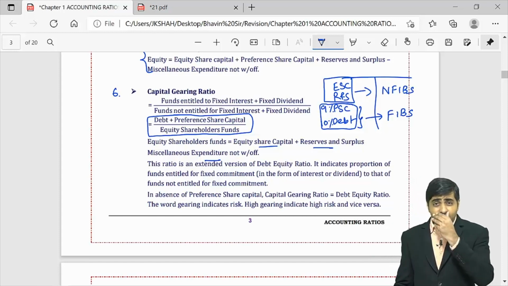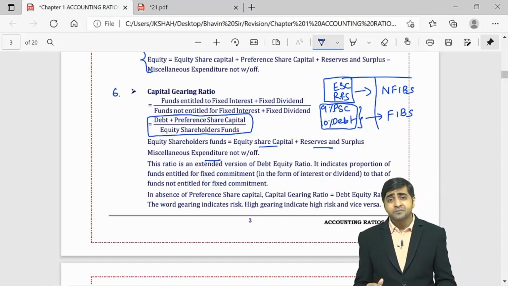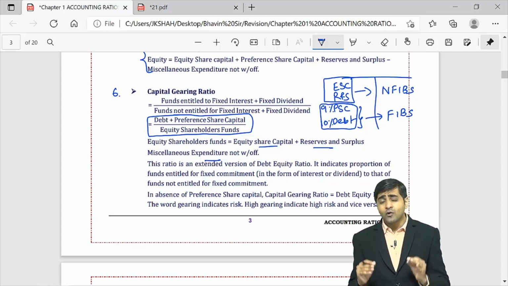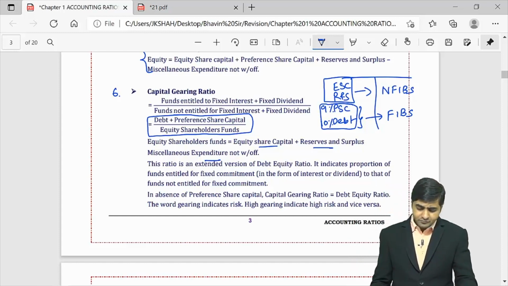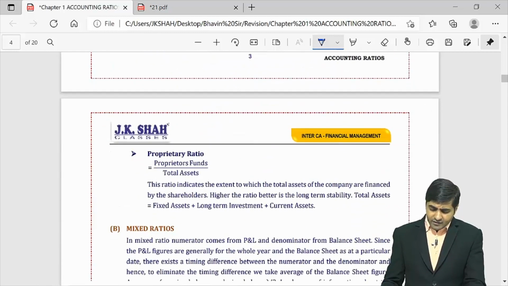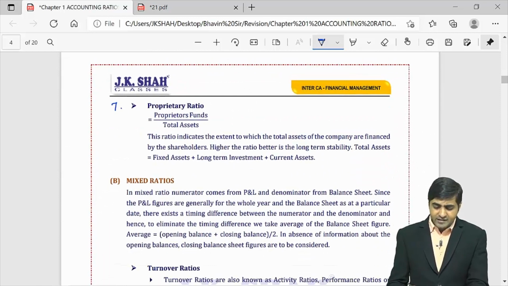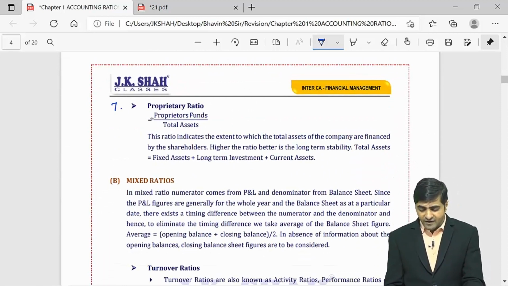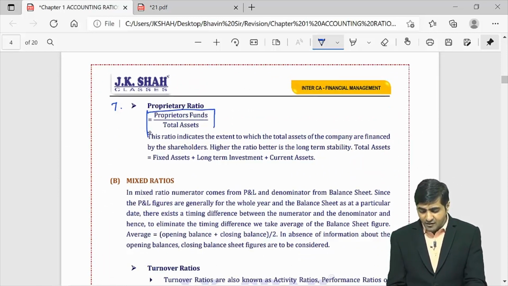Okay, so that's how your capital gearing ratio will be calculated. Lower the ratio, lower will be your risk. Now guys, continuing with the next ratio, which is nothing but proprietary ratio, where we have proprietors funds upon total